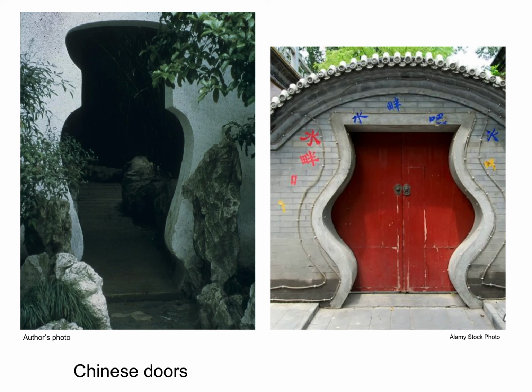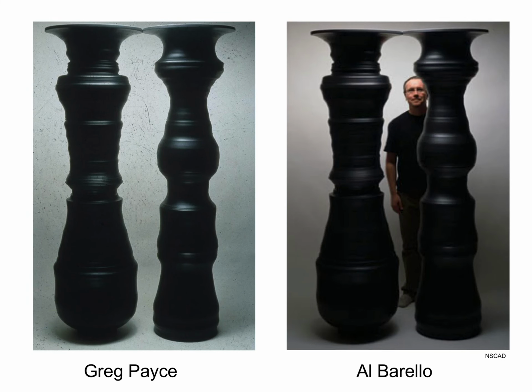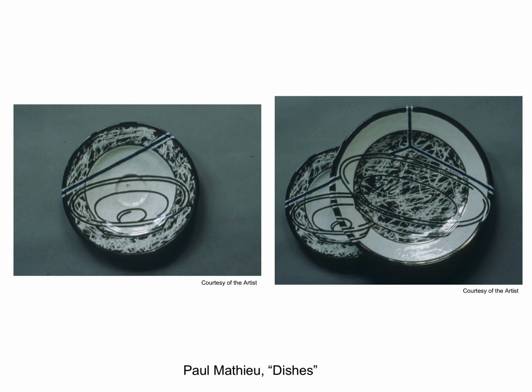Two examples of Chinese doors in the shape of vessels, where the absence and the void represents something tangible that we may recognize. We have this phenomenon in the work of Greg Payce, where the empty space between two large vessels creates the silhouette of a naked man. And I will complete these